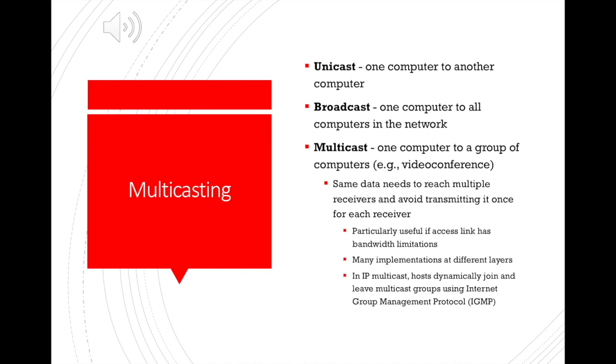And in IP multicasts, the host dynamically joins and leaves multicast groups using the IGMP, or the Internet Group Management Protocol. So multicasting is very, very highly established at this point. At one time or another, you've probably all worked with each type of multicasting like this.